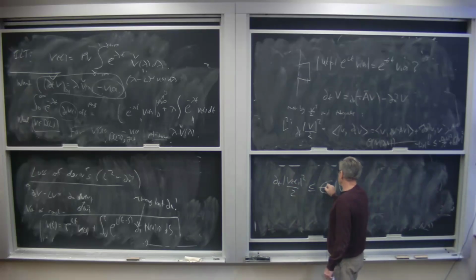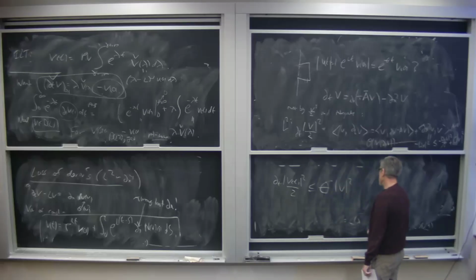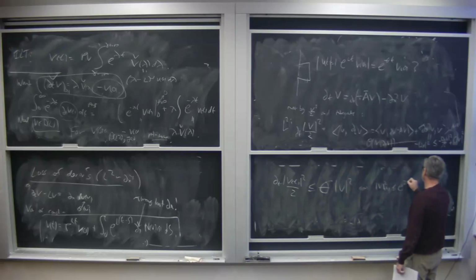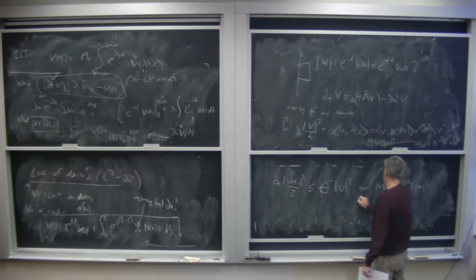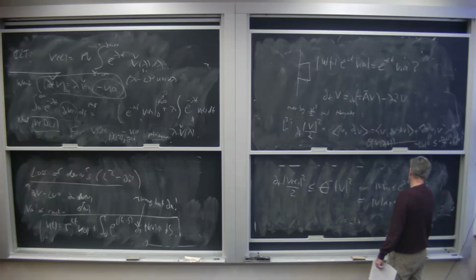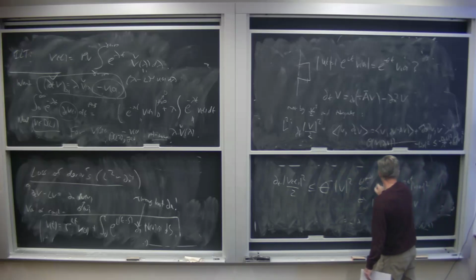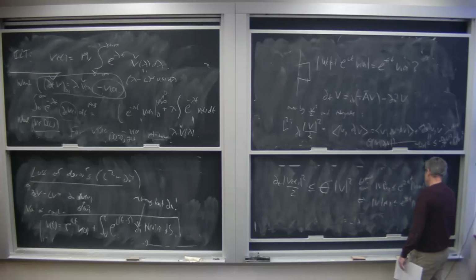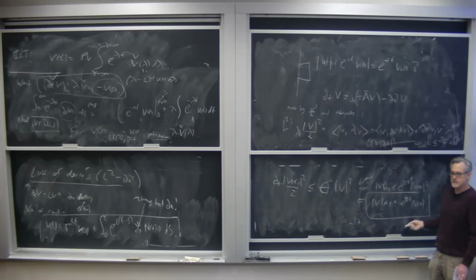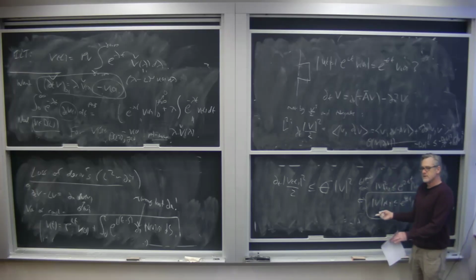Actually, let's call that big constant theta. And now that is equivalent to v squared of t less than or equal to e to the 2 theta t times v of 0 squared, which is equivalent to v of t less than or equal to e to the theta t times v of 0. And here I'm using Gronwall. That's exactly the kind of bound that we wanted, but we're not using the matrix